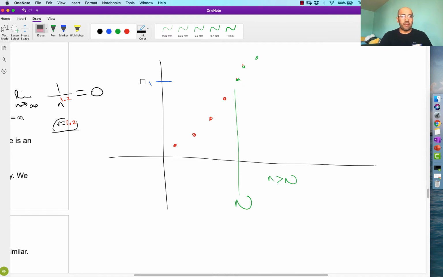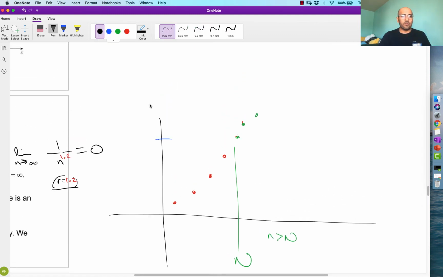Like, okay, well, let's make N even bigger. Okay, how about way over here? Not there. M used to be here. You're like, not there. Let's make it there. So M is chosen by someone you're trying to convince that the sequence goes to infinity. They're like, I'll be convinced if you can show me the sequence is bigger than this huge number. We're imagining these capital M numbers to be really big. Maybe this is a billion, this is 25 trillion. If you can show me that the sequence goes above 25 trillion, then I'll believe you.